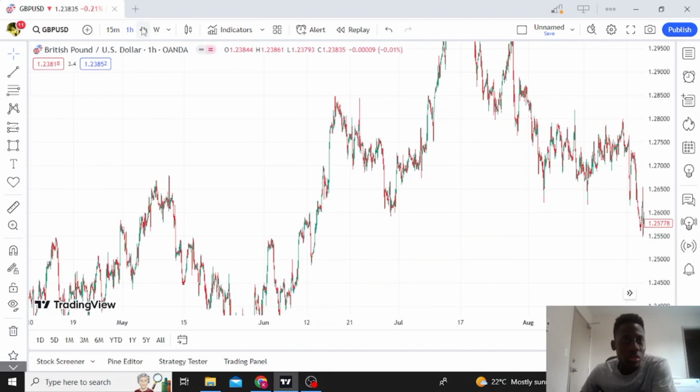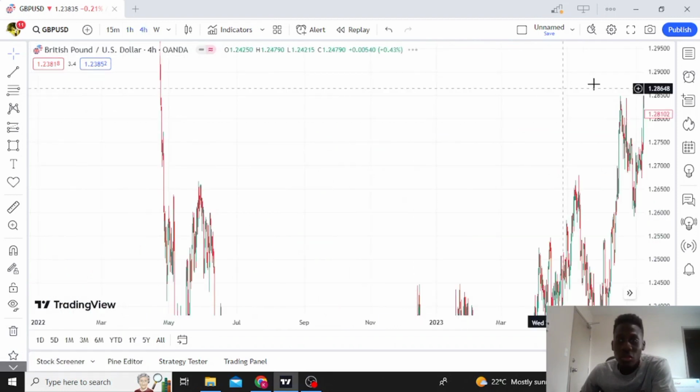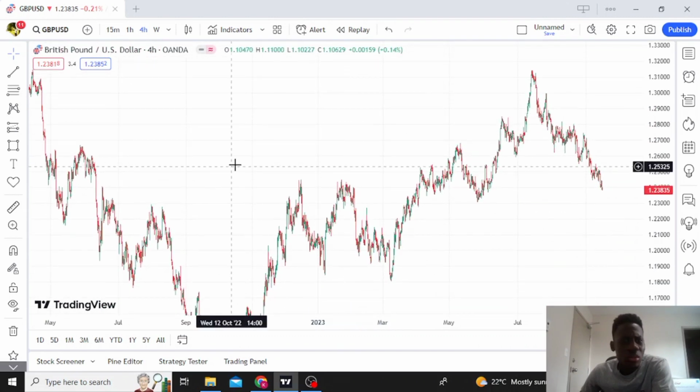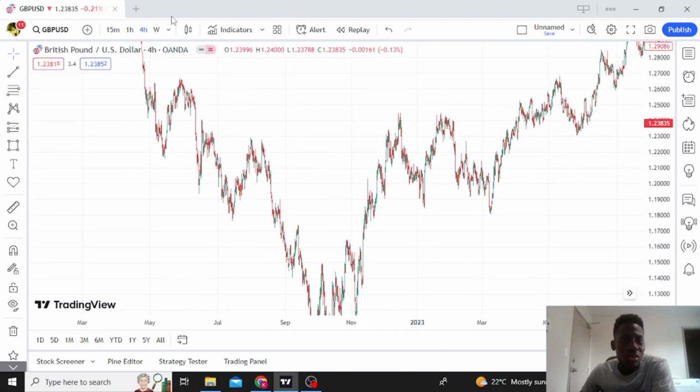Candlestick formation. It's really, is it that big? It's not that big though. Oh, I'm still seeing another big head. Yeah, look at another one too. This is another example